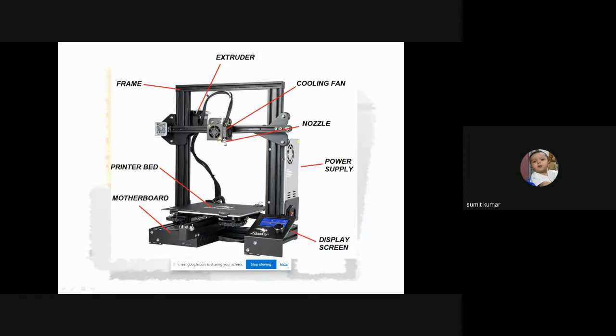This moves down, and on this printer bed the layer of the material is laid down. This is the power supply, the display screen, and the X and the Y axis are controlled. This moves in this direction, the X direction, and this part moves up and down so that the desired design is laid down.